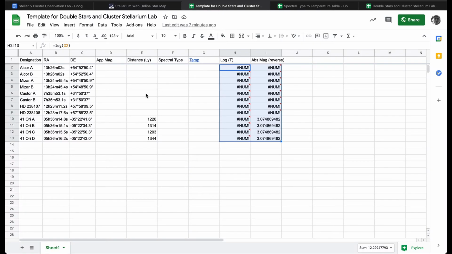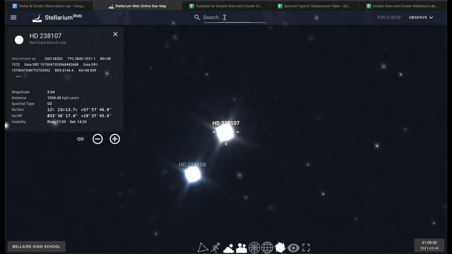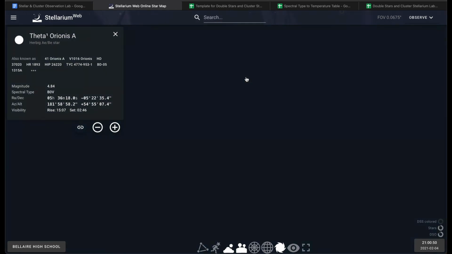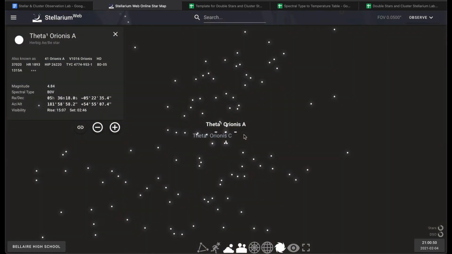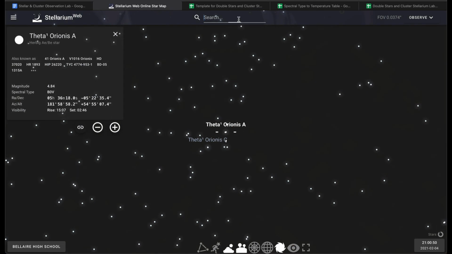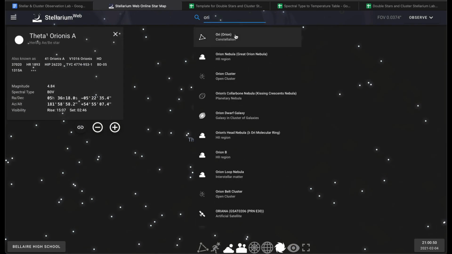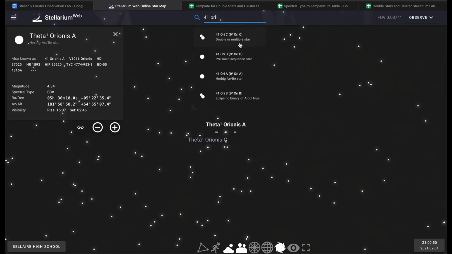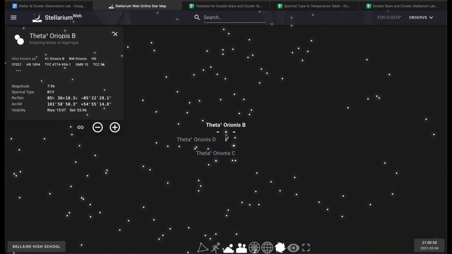Okay, so Alcor A, B, Mizar A, B, Castor A, B, and then the two Henry Draper stars, 107 and 108. Cool. Now, 41 Ori, and notice all four of them show up. So there's A. I'm going to zoom in so you can see them all together. And if you can't find them all, you can search Ori, because 41 Ori B is kind of hard to find. They don't necessarily highlight it. But for each one of these, A, B, C, and D, 41 Ori A, B, C, and D, write down